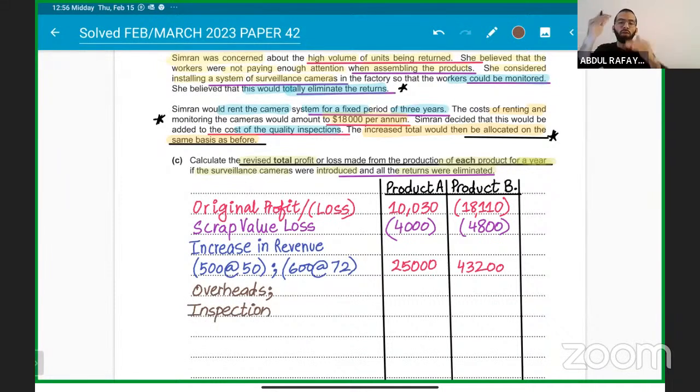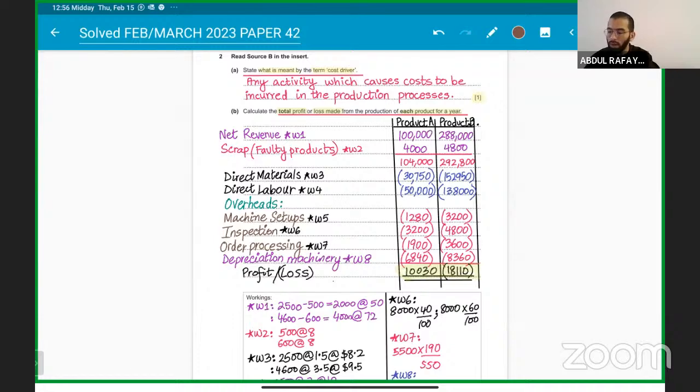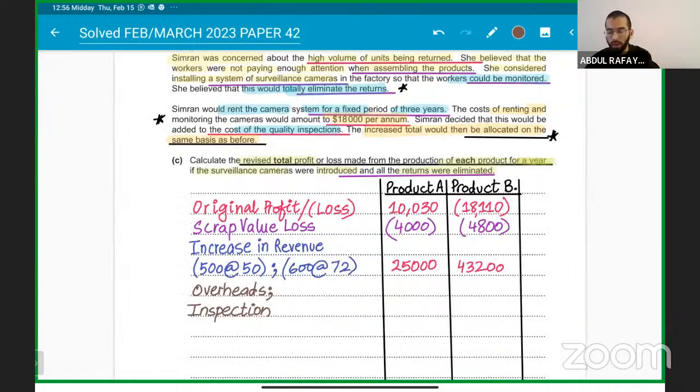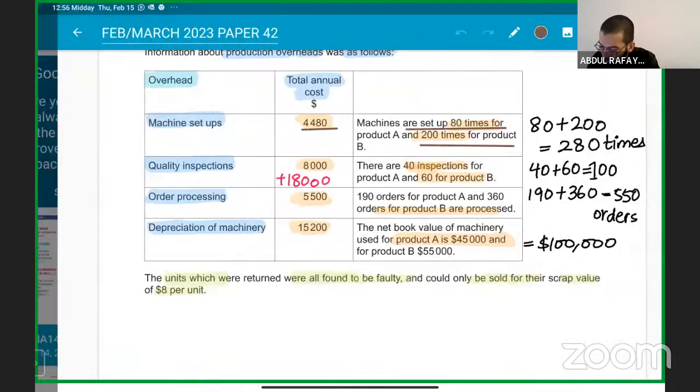बेसिकली वी आर जस्ट इंक्रीमेंटिंग, ऐड सबट्रैक्ट कर रहे हैं। हम शुरू से बनाएंगे तो बहुत टाइम लग जाएगा, हमें पूरा वापस करना पड़ेगा, रेवेन्यू कैलकुलेट करना पड़ेगा। तो हम जस्ट जो चेंजेस आ रहे हैं उनको ले रहे हैं कि दिस रेवेन्यू वी विल लूज बिकॉज ऑफ स्क्रैप वैल्यू कोई है नहीं। द इंक्रीज इन रेवेन्यू वी गॉट बिकॉज ऑल द यूनिट्स विल नाउ बी सोल्ड, तो रिटर्न प्रोडक्ट्स विल बी सोल्ड। एंड इंस्पेक्शन कॉस्ट में 18,000 का इंक्रीज हो रहा है।